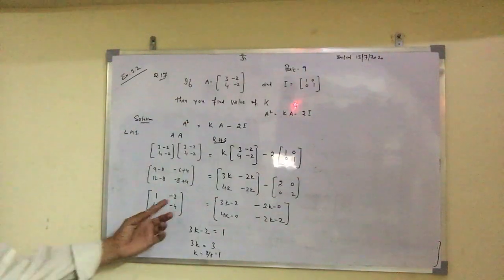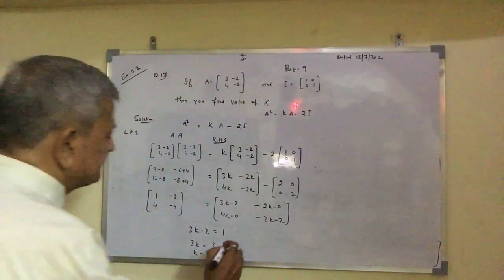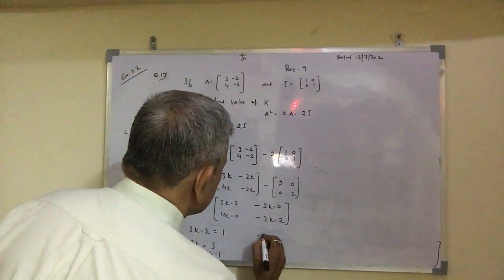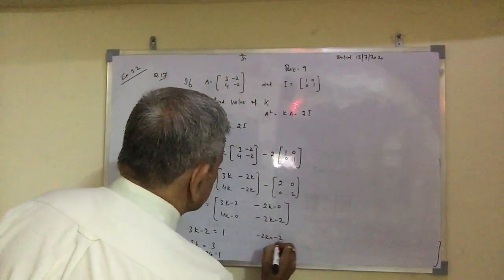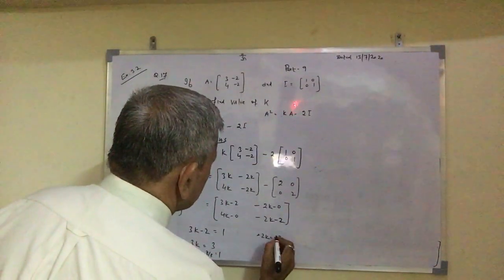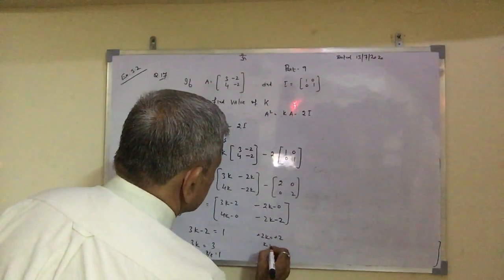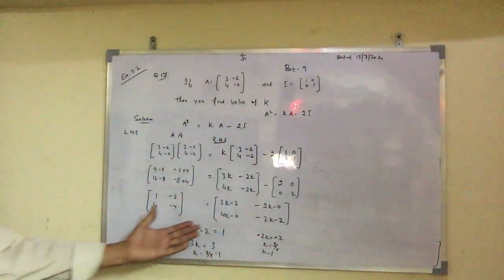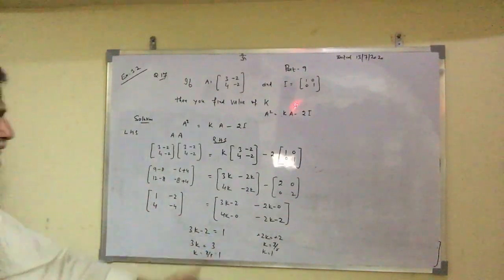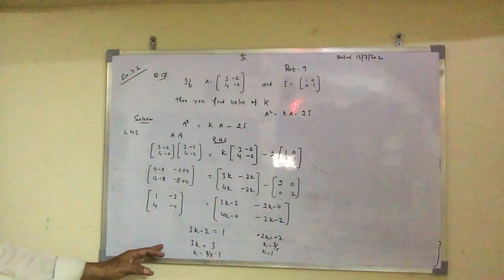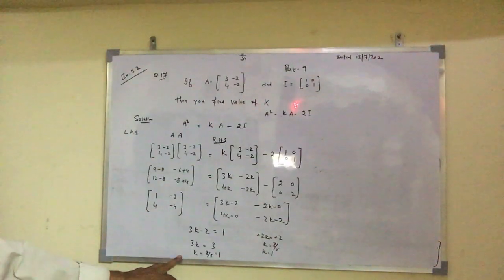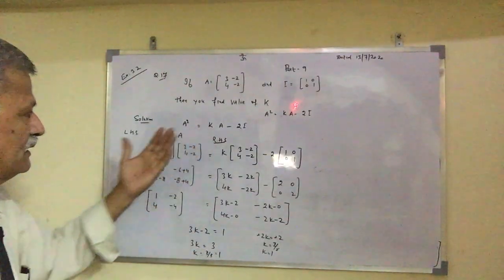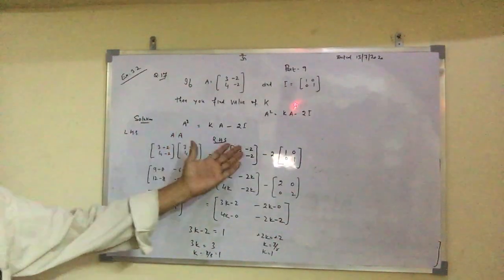If you use the second one, that also gives the same result. Let us suppose I will use the second equation. So minus 2k is equal to minus 2. Here minus goes off. So k is equal to 2 upon 2, which is k is equal to 1. So any of these you can solve and find the value of k. So this way you can calculate the value of k, and so you understand how you can find the value of k by equating left hand side to right hand side.